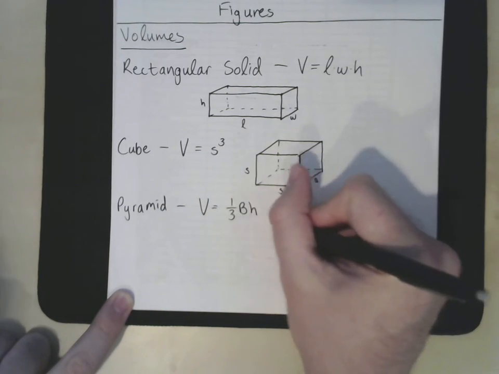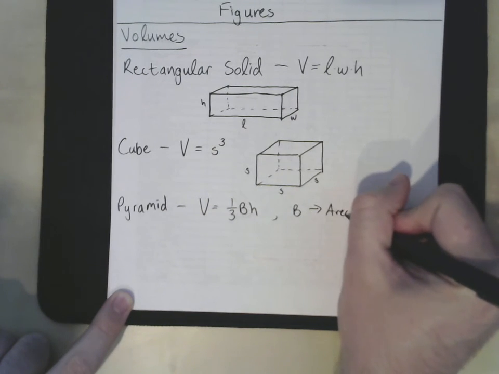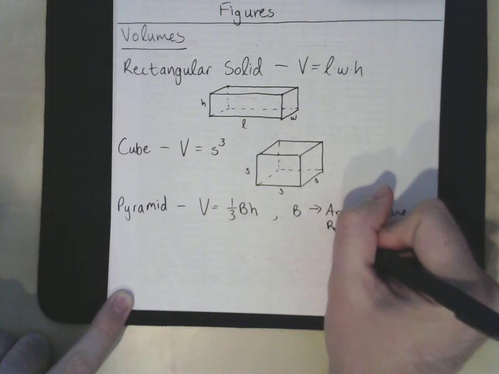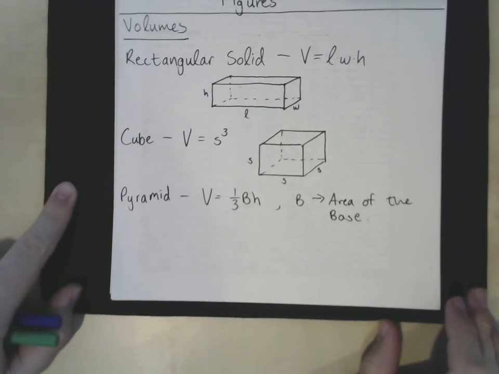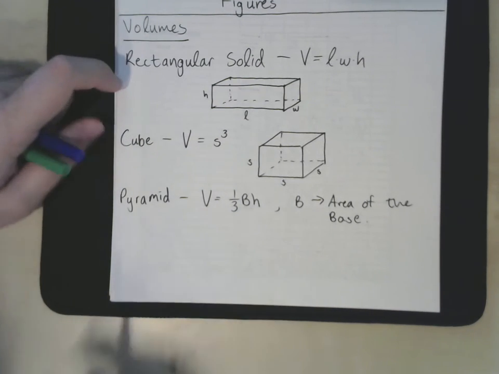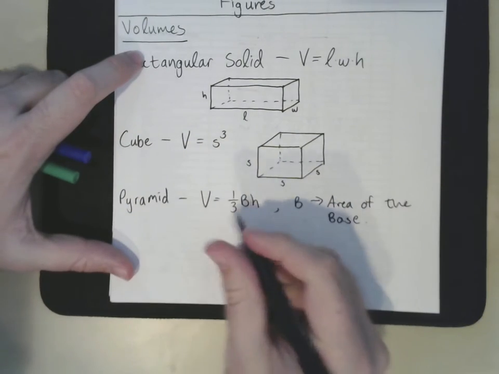Capital B is the area of the base. So the reason it's capital B is because there are two types of pyramids that we're going to focus on. We have triangular pyramids and we have rectangular pyramids. Now, as it turns out, every pyramid has this volume, so we're going to talk about different kinds of pyramids in a second here. But a triangular pyramid